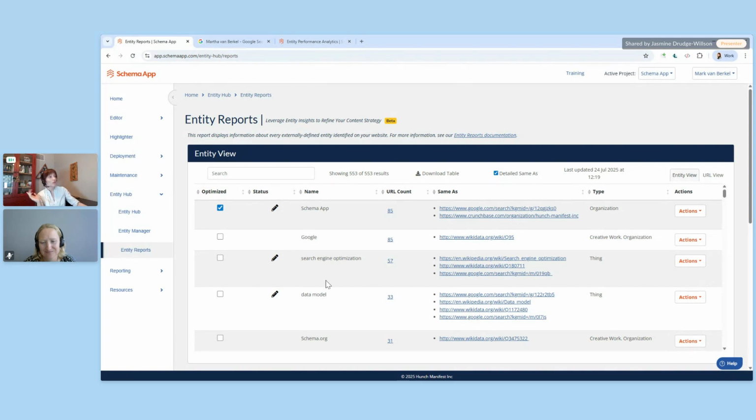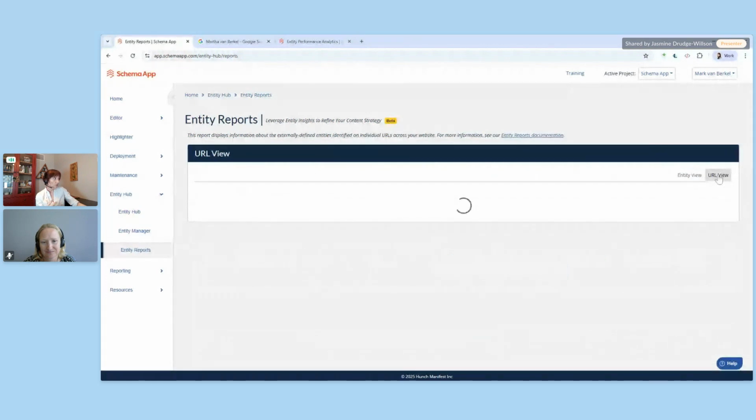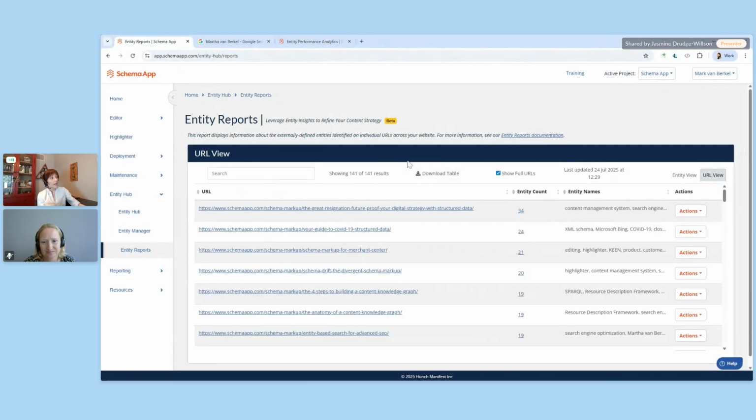If we're looking at this from another direction, we can come into the URL view. This is particularly helpful, I think, for folks who are new to the organization. They don't know the content with as much depth as those who have been there a long time and know it really well. From here, you can see for each individual URL the number of entities that were identified, what those entities were,